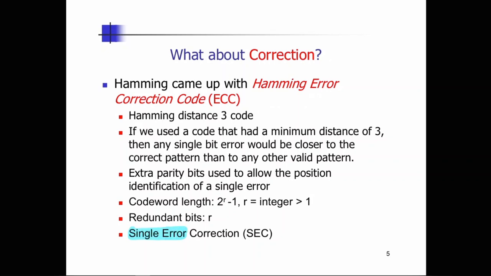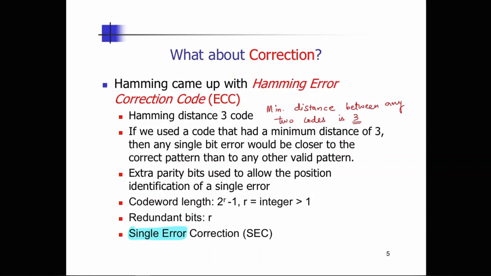So no more than one error correction can be done. For this, several assumptions have to be made. The first assumption is the Hamming distance. It is a Hamming distance 3 code, which means that the minimum distance between any two codes in the set is 3. So we saw earlier how we can find the Hamming distance, which is essentially the number of